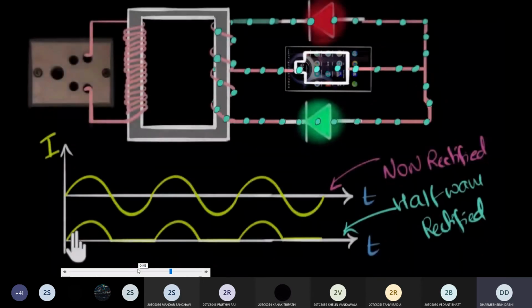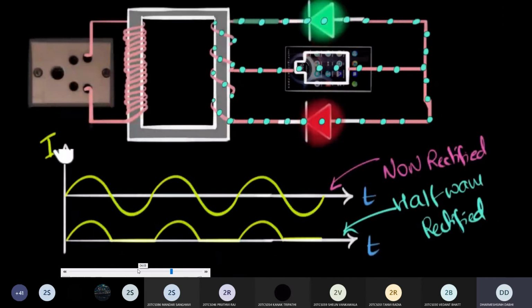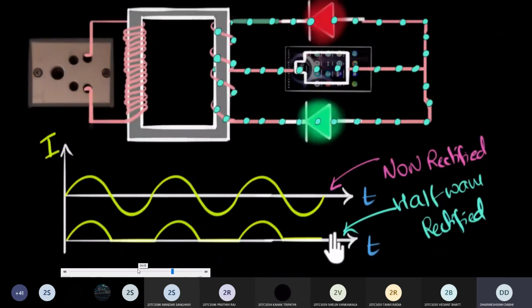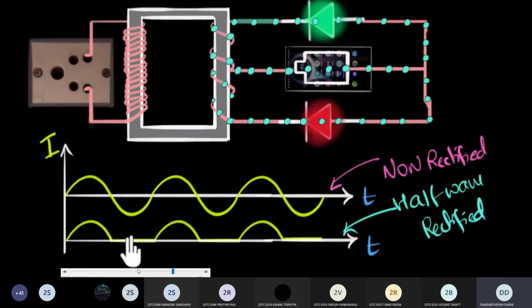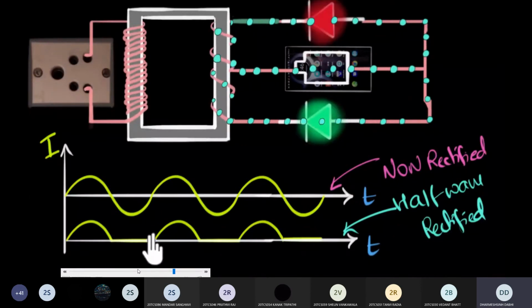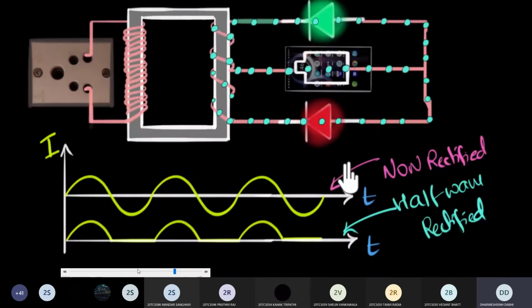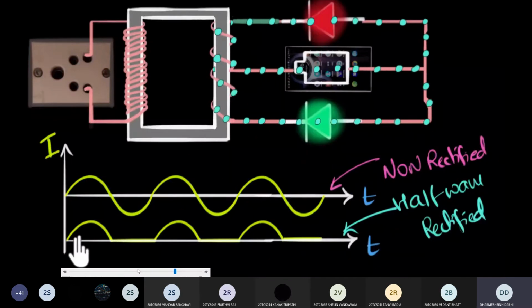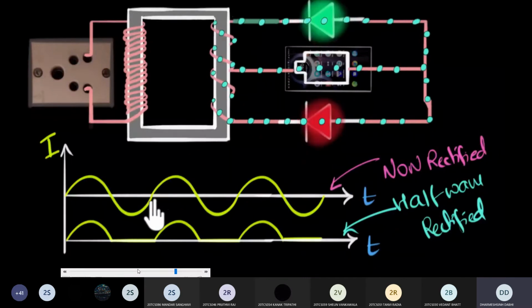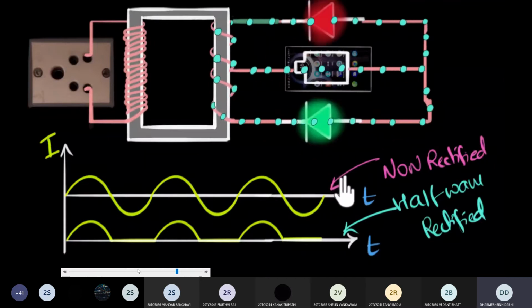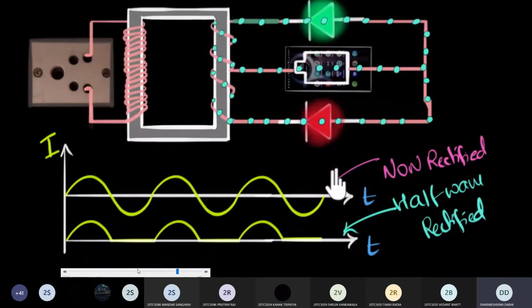Right, the last thing we'll do is to predict what will be the graph of the current versus time that's flowing through the phone in this full wave rectifier. Again, I want you to pause the video one last time and predict what the graph would look like. Well, the first thing is the current is flowing all the time, which means the circuit is conducting during both the half cycles. But since the current is flowing always in the same direction, what will happen?